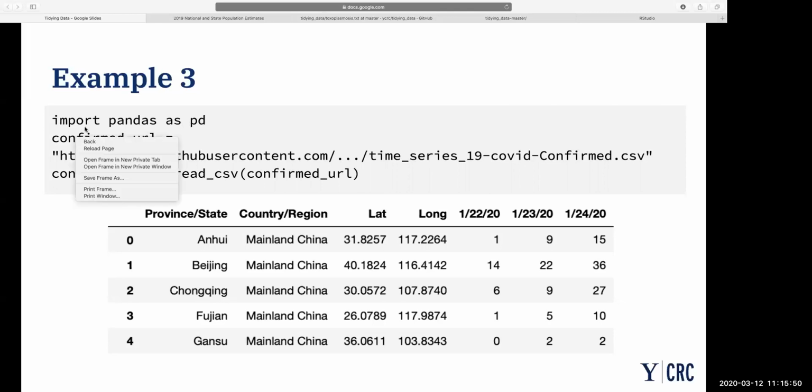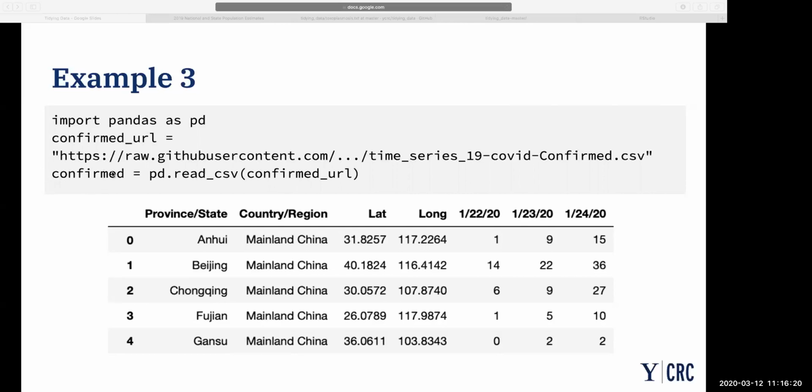And I'm storing the URL that points at the CSV file for confirmed cases as a time series CSV file. And I can actually have pandas read a CSV from the internet. So I can just get the most up-to-date version of this data and store that in a pandas data frame